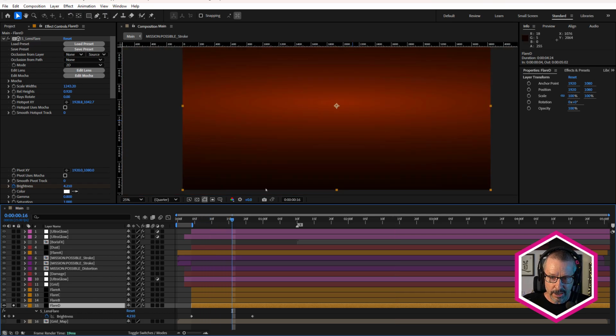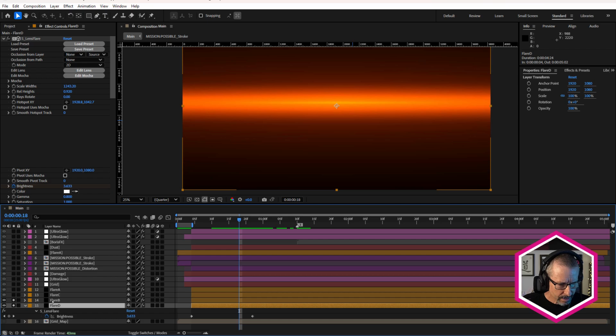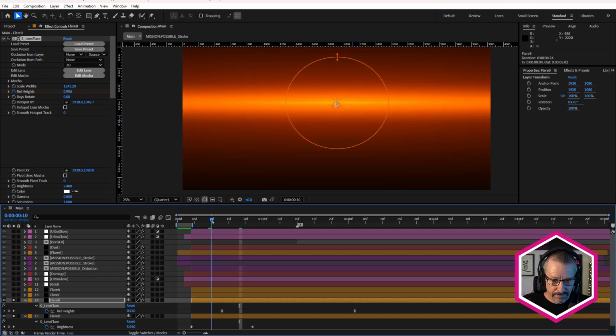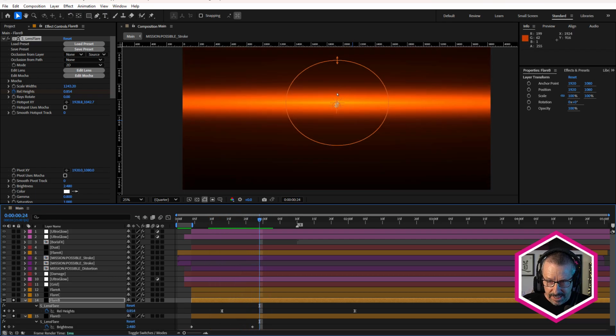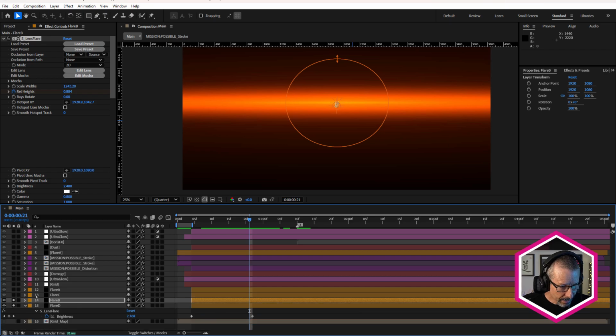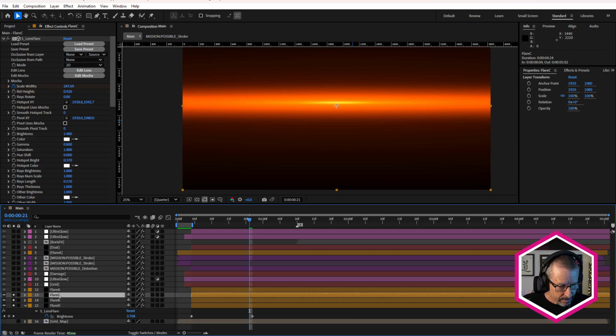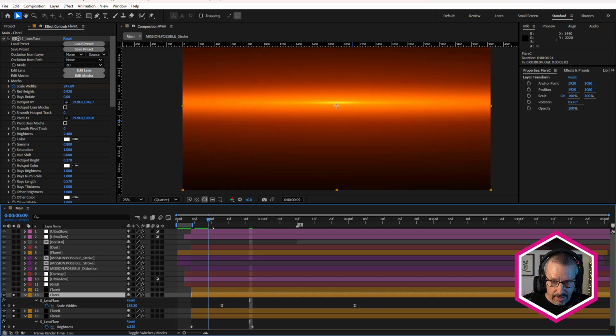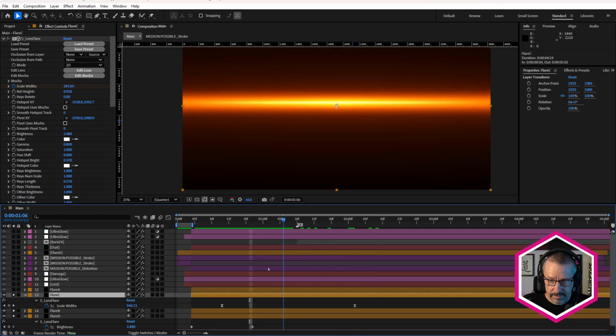So you can see starting off very bright and then just animating the brightness down. So that's the base. Adding this one on top, I've animated the rel height for the lens flare. So it's just scaling it down on the Y, like that. And for this one, I've animated scale widths, like that.